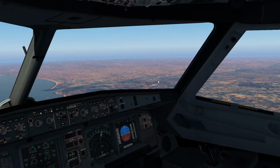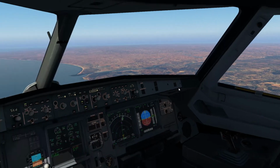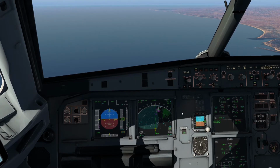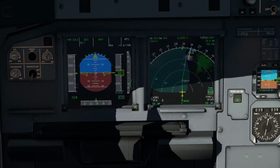Basically, here, this is the border between Portugal and Spain. Spain is this side. We're still over Spain at the moment, and then that is Portugal right there. Look at that, it just varies itself to descend down to the required altitude needed. So now the aircraft will descend down to 6,000 for Tupics,